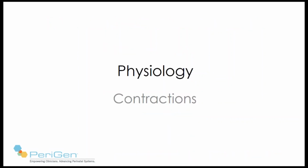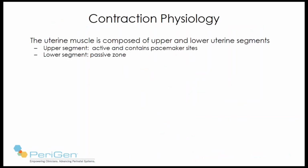Let's talk a little bit about the physiology of contractions. During labor, the uterus is divided into two functional segments, the upper and the lower segment. The upper segment is considered the active portion of the uterus during the labor process, and it contains the pacemaker regions where contractions originate. Currently, there's been no specific pacemaker site that we can point to that contractions come from, but we do know they originate in these pacemaker regions, and that successive